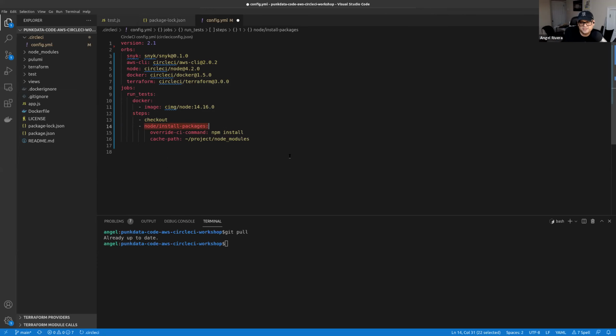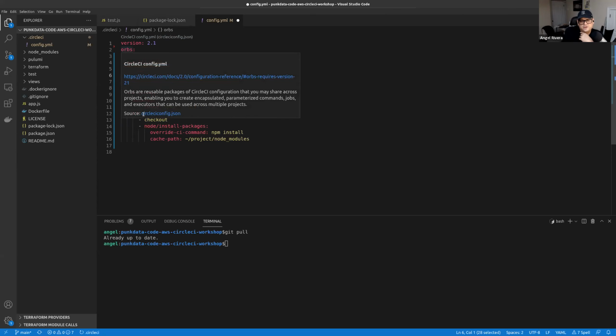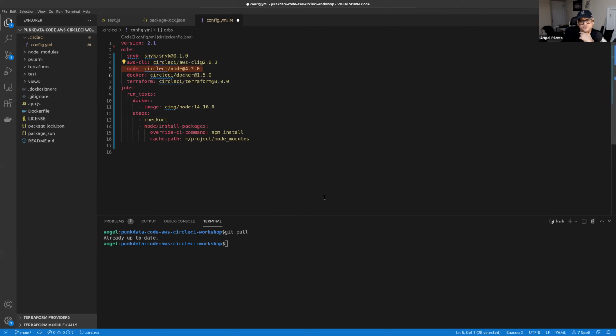installation of our node packages. So normally you would see this as a command. It'd be a run command or something. We're using orbs here, so this is a good way to show you what an orb definition is. I just highlighted in the orbs key here, in the orbs list, that we're using a node orb. So in CircleCI we have this encapsulated functionality for node projects. It's a real simple, easy way to define and execute commands without having to type a bunch